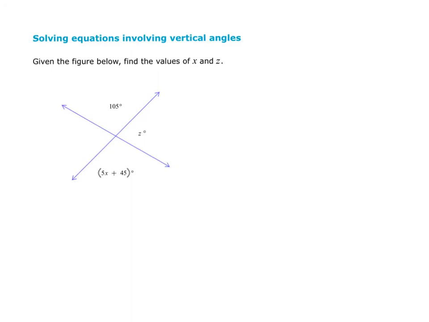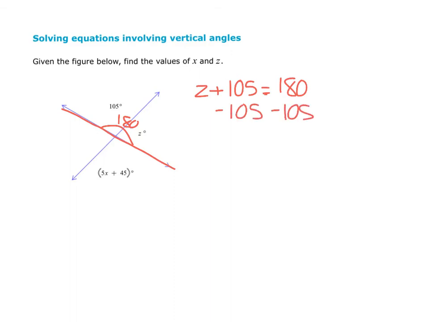All right, I'm going to go through this one a little bit quicker now. So I'm looking at this, and I'm trying to find x and z. Z I'm going to start with because I can see that angle Z and that 105 degree angle together are going to have to add up to 180. So Z plus 105 equals 180 degrees. So I will get Z when I take 105 off of there. Z equals